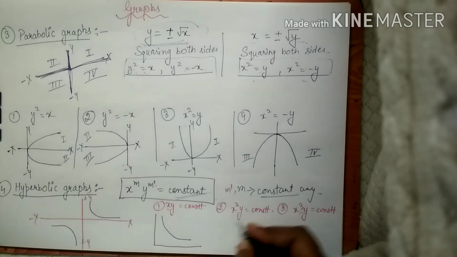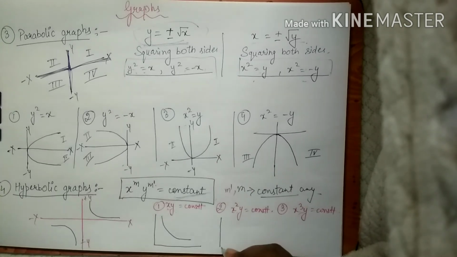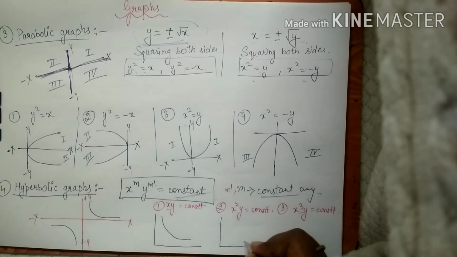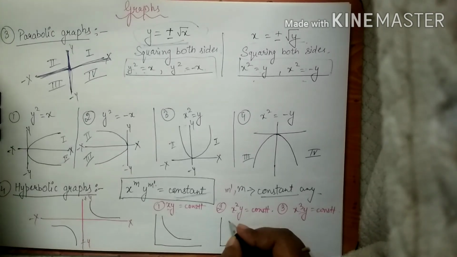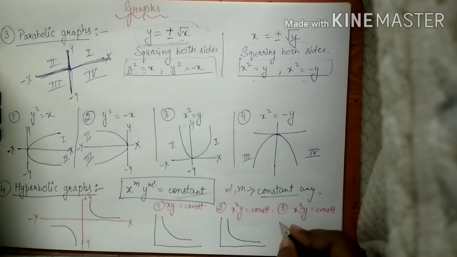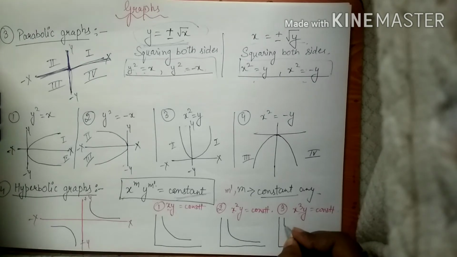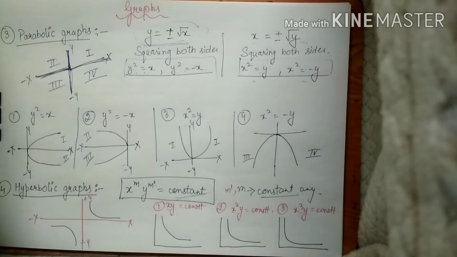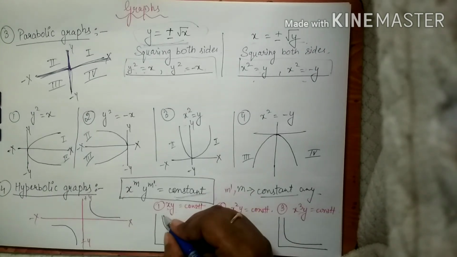Right, so for x square y, the graph will be more steep. The slope of this line will be more steep. Okay, and for third one it will be much more steep. From steep I mean, suppose you have a